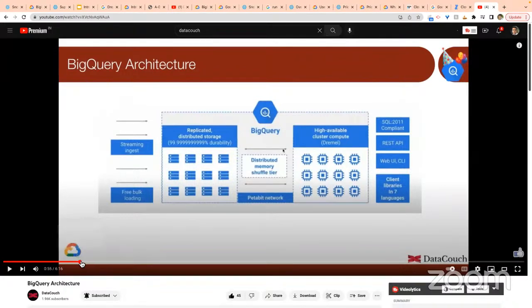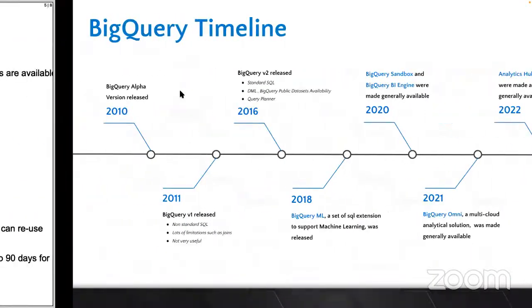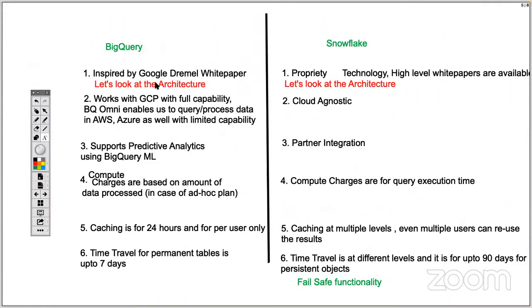If you move forward, here I have explained in a different manner, but I'm just thinking aloud: take your own time and go through this video, because you need to take a look at the individual components within this architecture. This is storage and this is compute. Compute is inspired by the Google Dremel white paper, and storage is inspired by a white paper as well, but right now I have written specifically related to compute. So it is inspired by the Google Dremel white paper and other white papers.